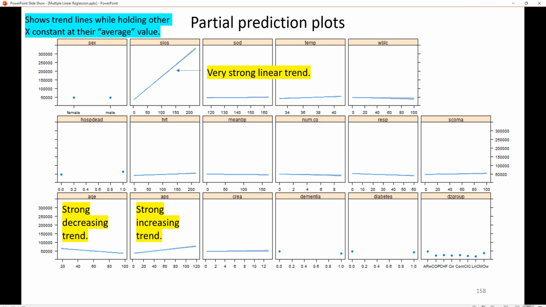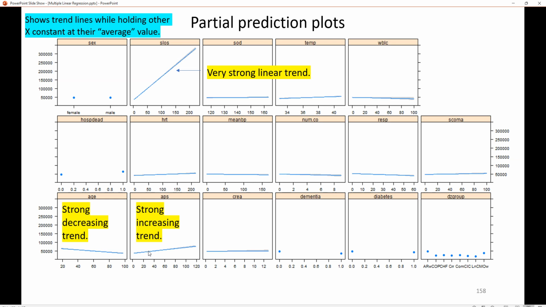And for these partial prediction plots, they show trend lines while holding other predictors constant at their average value. And so these show the trends while making all things equal. And we see that for the length of stay, that's a very strong linear trend. Because it's such a strong trend, all of these other partial prediction plots, those trends look flat. If that wasn't such a strong trend, if we were to remove SLOS, which is the study length of stay, from the analysis, we would see